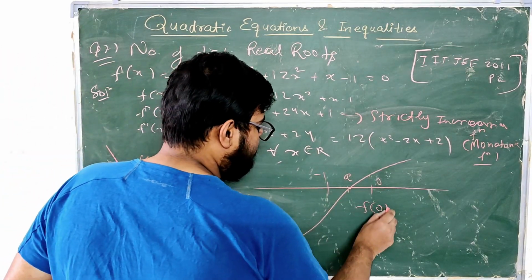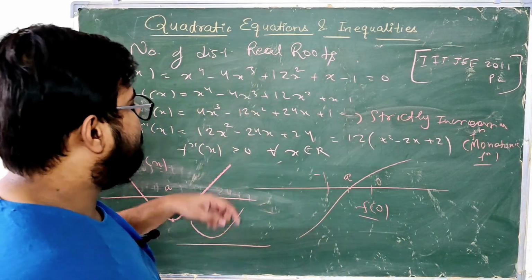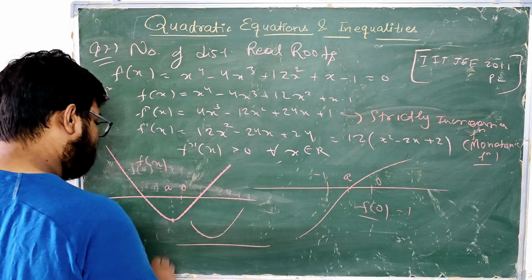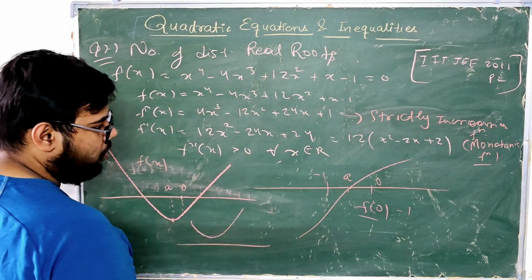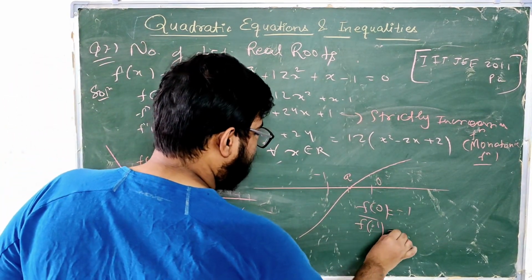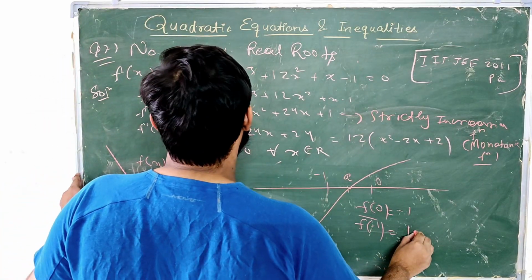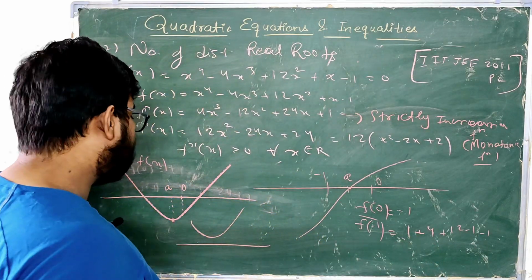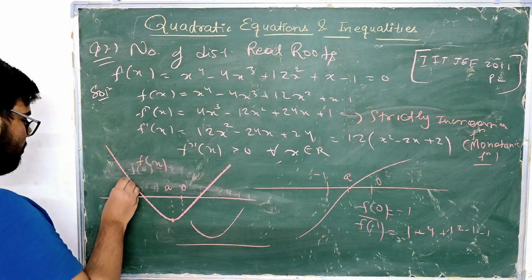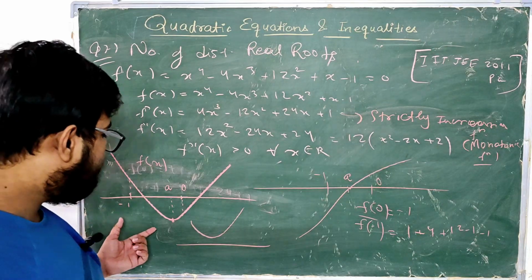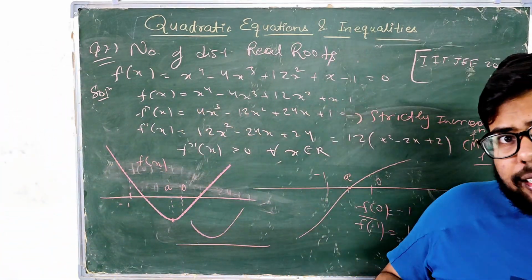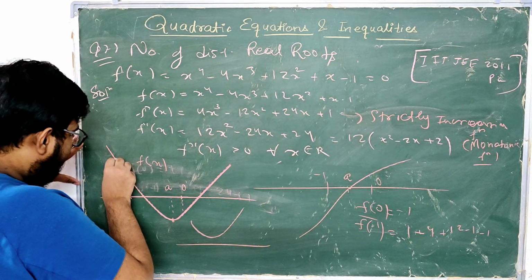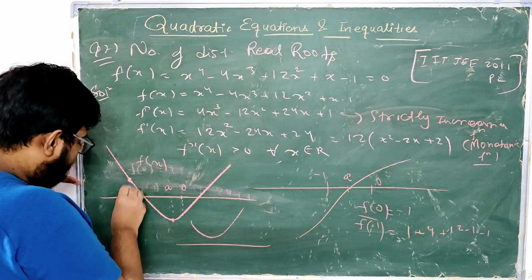Because if you check the function at 0, this is now the function at 0. This is negative 1. Suppose 0 is over here. Suppose this will be negative 1. Now what is the function at negative 1? 1 plus 4 plus 12 minus 1 minus 1, which is greater than 0. So this is negative 1. And A lies between 0 and negative 1. Since A lies between negative 1 and 0, it means that after passing this point,